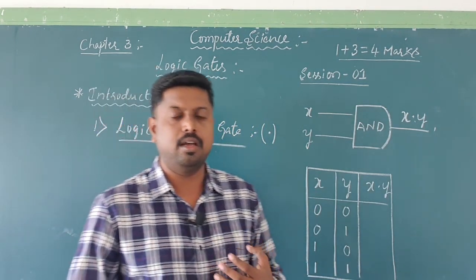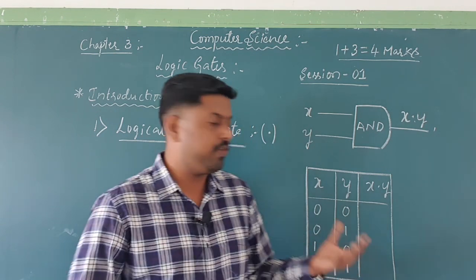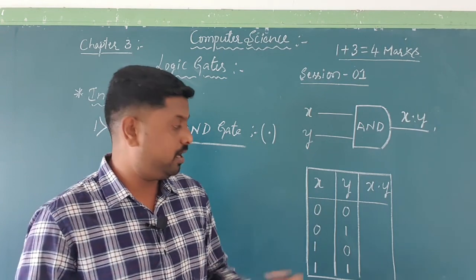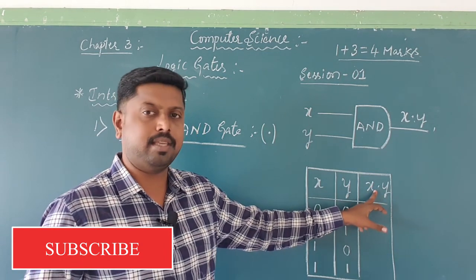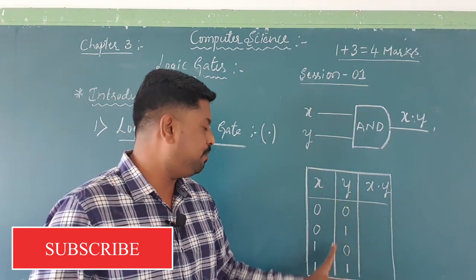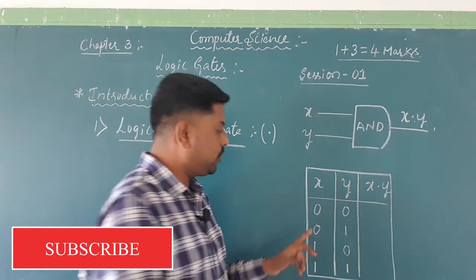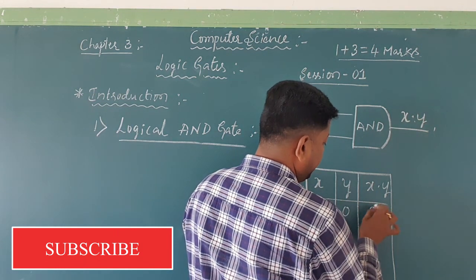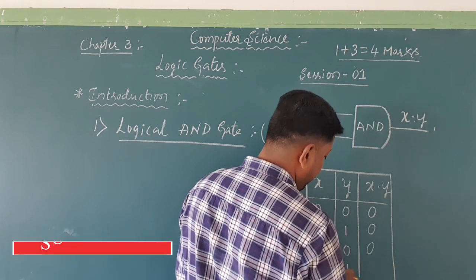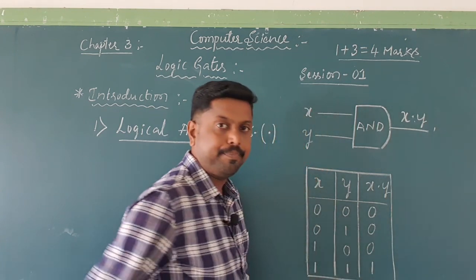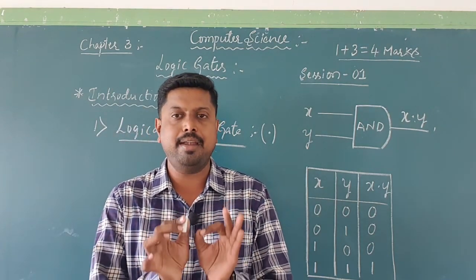In first year we learned binary addition, binary multiplication, binary subtraction, all these things we learned. So with the help of that binary multiplication, now just multiply these two inputs, that will produce a single output. That is, x and y are the two inputs, produces one output, that is what we call x into y. So 0 into 0 should be 0, 0 into 1 is 0, 1 into 0 is 0, and 1 into 1 should be 1. So this is what we call a truth table for the logical AND gate.